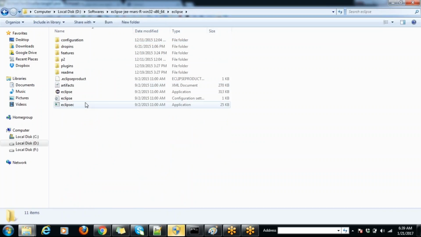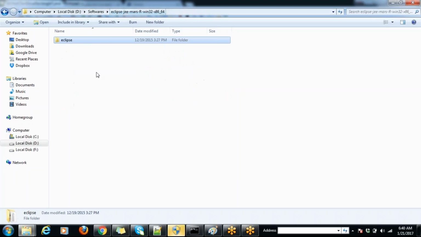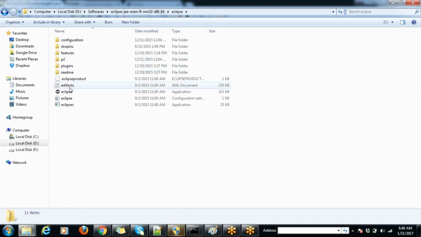So here you can see. You can download Eclipse onto your machine. It is a zip version. You can open that, and in Eclipse you can see a folder by the name Eclipse. So this is the complete zip file where you need to unzip, and if you open this